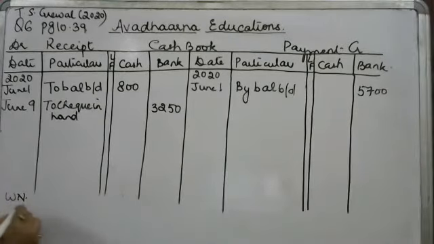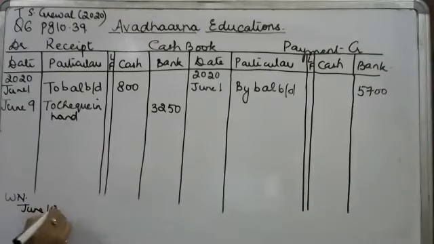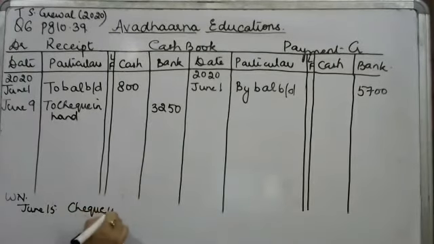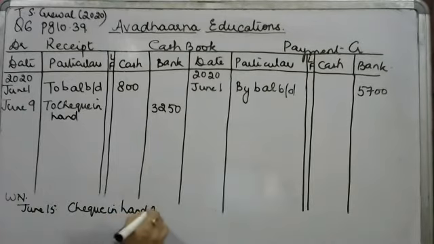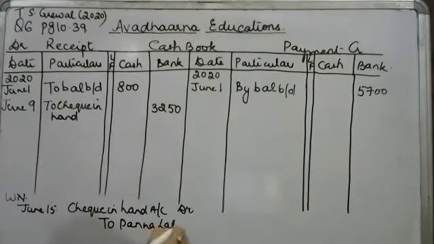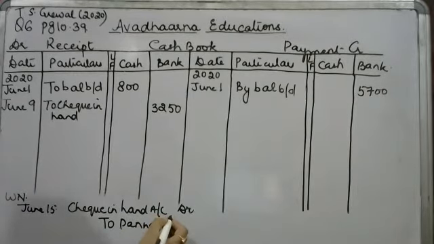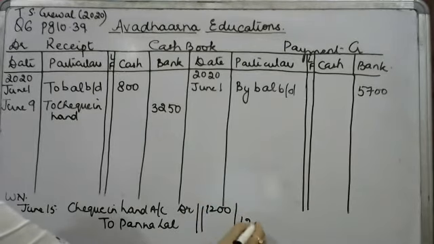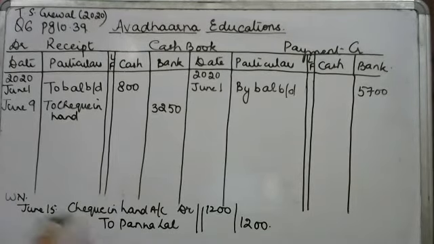Date is June 15, and we'll write check in hand account debited to Pannalal, and the amount is 1,200. So obviously this amount is going to be recorded in the journal proper. This is recorded in journal proper. Then after this,